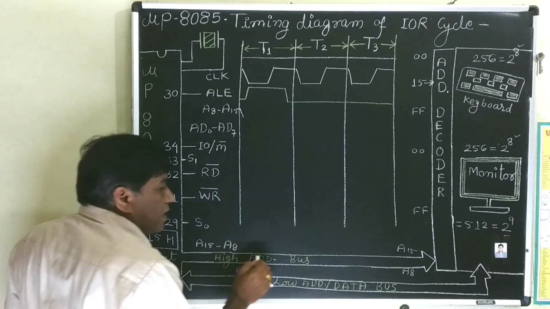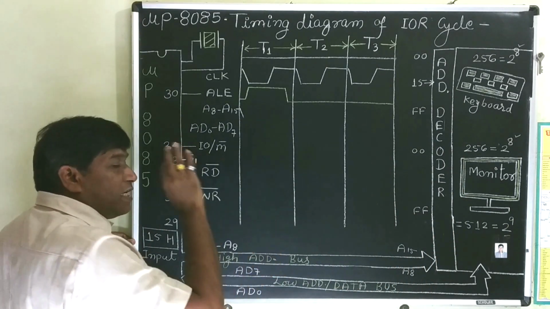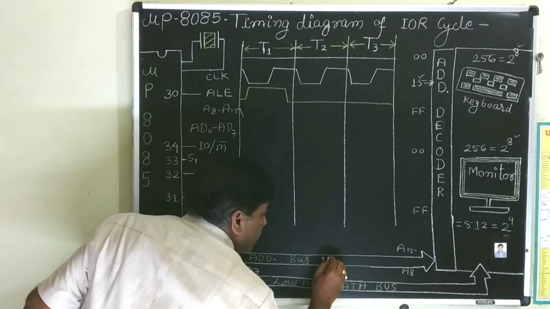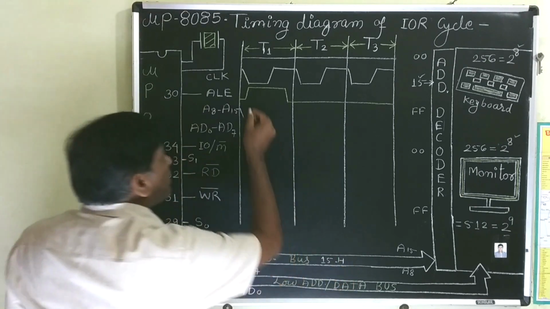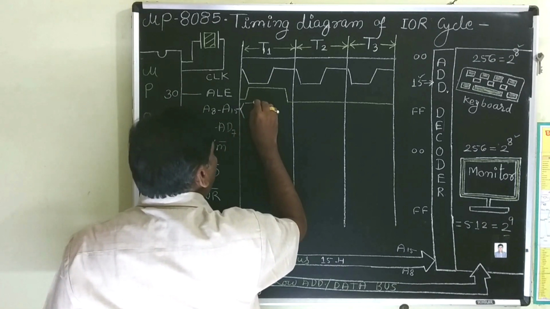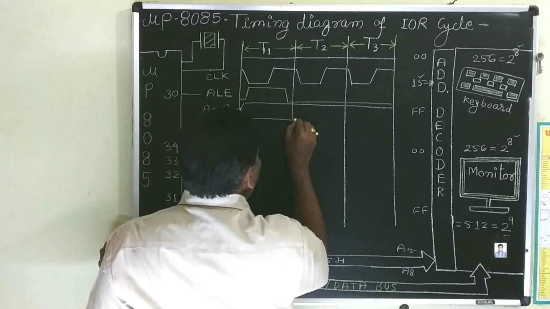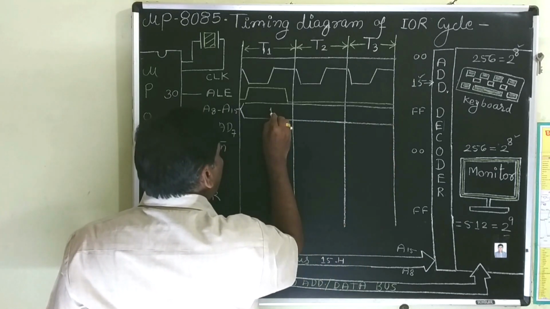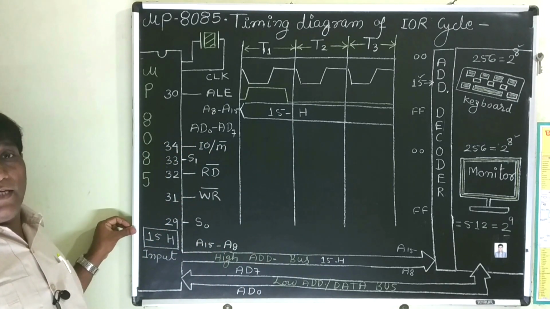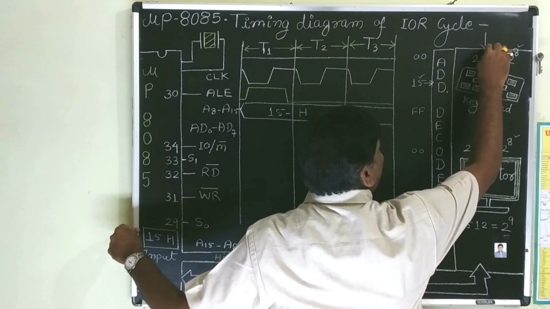We may connect the higher order address bus directly to the address decoder. These are 8 buses which have the capability to decode this. In this, 15 will be loaded for all the time, no problem, because it is a higher order bus, and as shown in the diagram, we have connected it. So here 15H, which is the address of the keyboard input device, is loaded, and this will be activated, and data will be transferred from the keyboard.